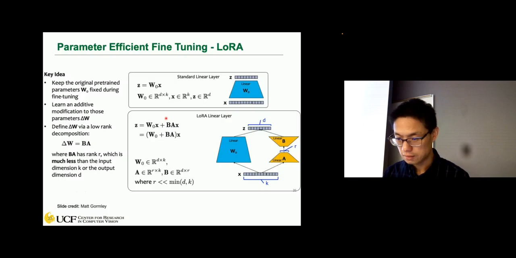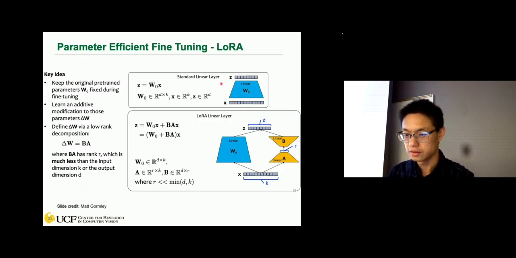Motivated by these findings from previous research, they came up with low-rank adaptation. Here is the key idea. We have the original pre-trained model. Let's use the attention weights: for the transformer, we have the Q, K, V weight matrices, which involve the heaviest computation. Here W0 indicates the original pre-trained parameters. This can be trained on